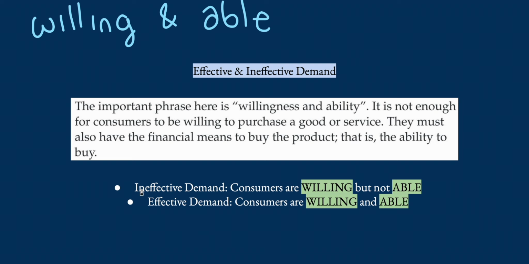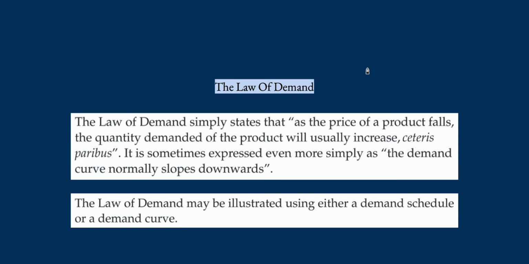On the other hand, effective demand is where consumers make choices that do affect the demand in the marketplace. So consumers are both willing and able to buy that Mercedes. And I'm going to introduce you now to a pattern you will see constantly throughout the syllabus, which is under